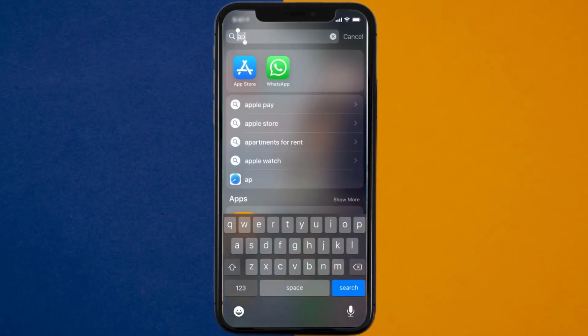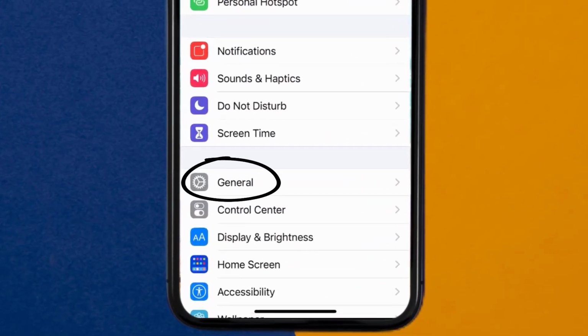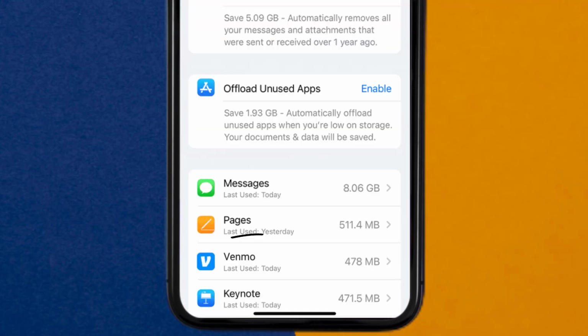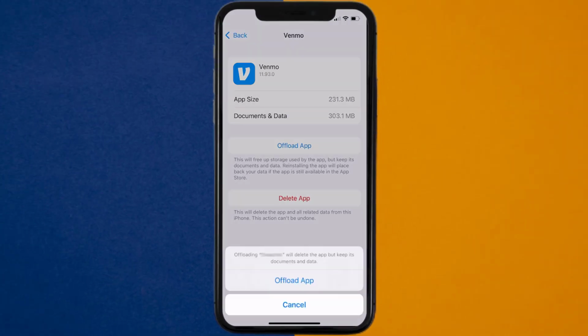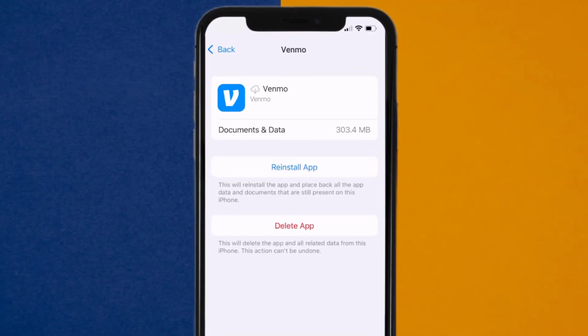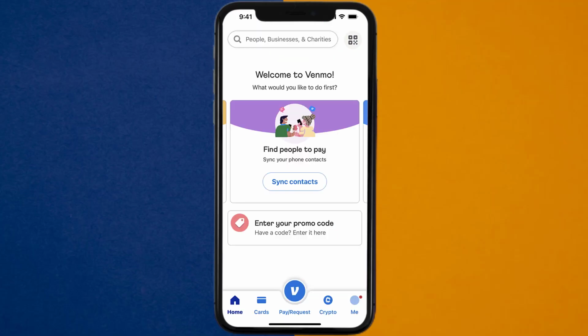Cache. Go to your device settings and then scroll all the way down to General and tap on it. Then tap on iPhone storage. From here, search for the Venmo app and then tap on it. Once you're on this screen, you need to tap on Offload app. Tap again to confirm. It'll take a bit for processing, and then a reinstall button will show up. Simply tap on it to reinstall the app. This should fix Venmo direct deposit option not showing up, but if it doesn't, then open up the Venmo app